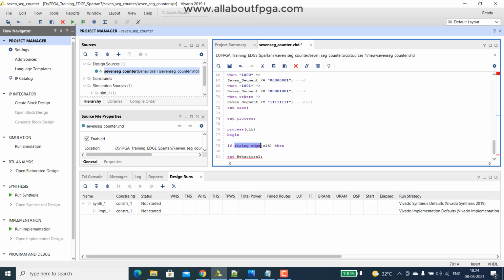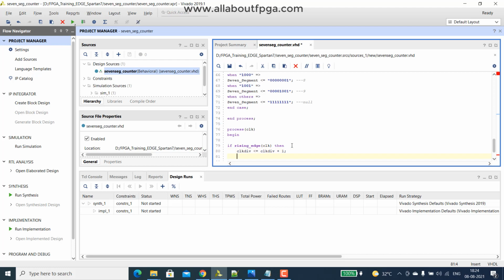Mostly we use the rising edge of the clock. Next, we write clock div equals clock div plus 1.